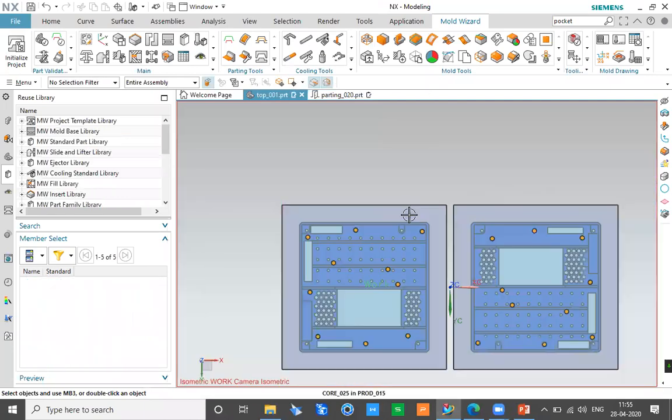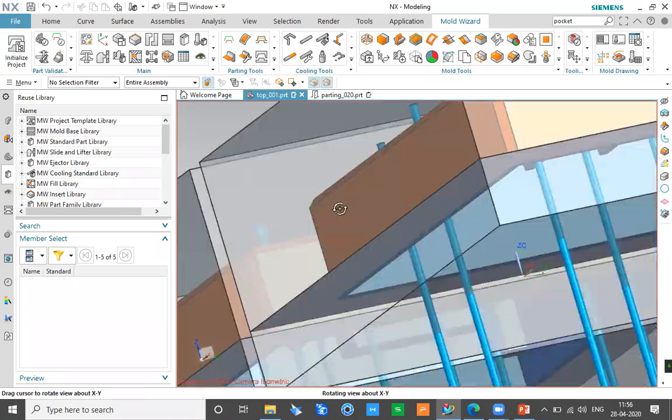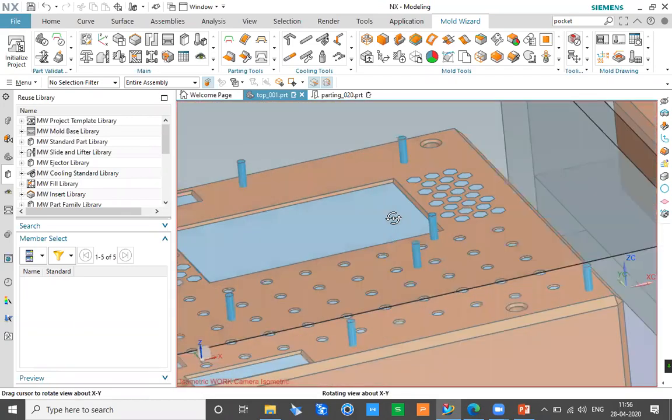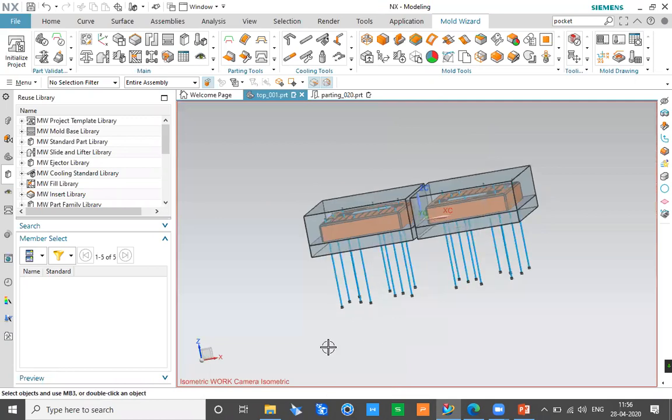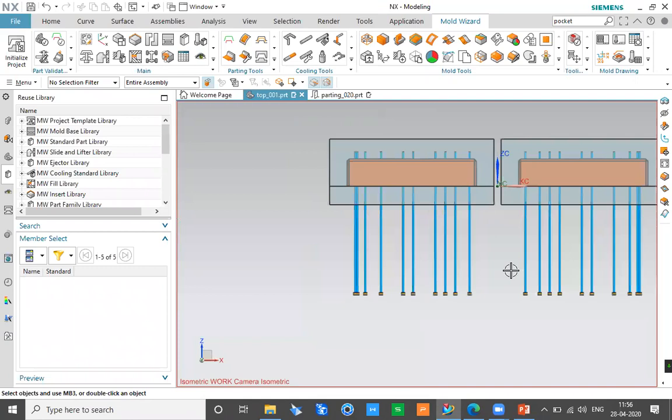Okay, so after clicking OK, we can see a lot of ejector pins have been placed over here, and because of the recommended length, you can see it is not very huge. I just need to trim some extra portion of the ejector pins, and the areas where I placed the ejector pin on this area, automatically it got placed in the respective area on the other side.